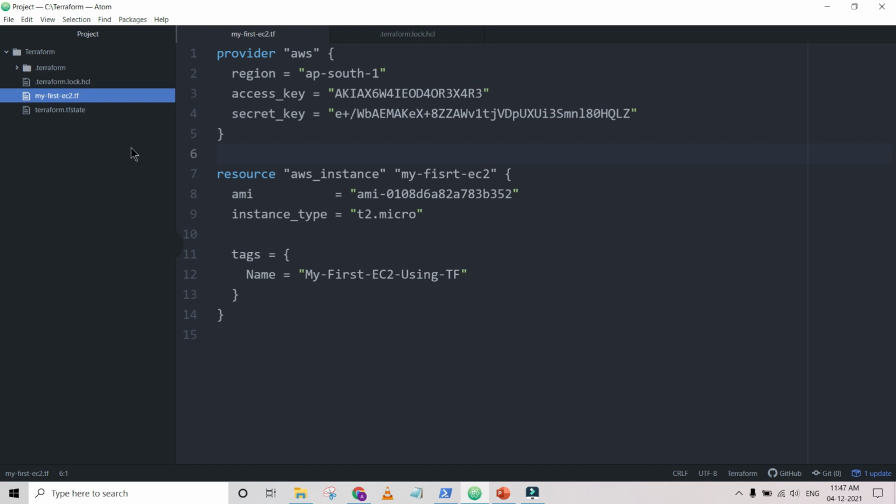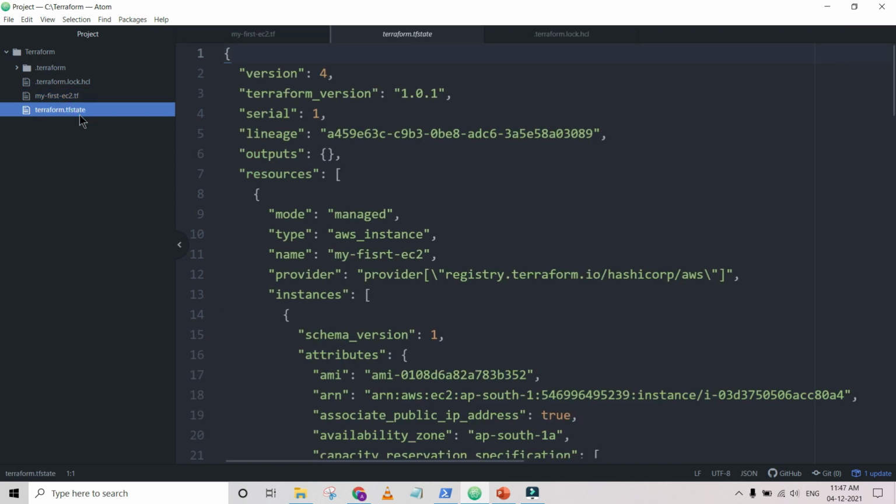This is a very important file, and you don't have to go to this particular file to manage anything,